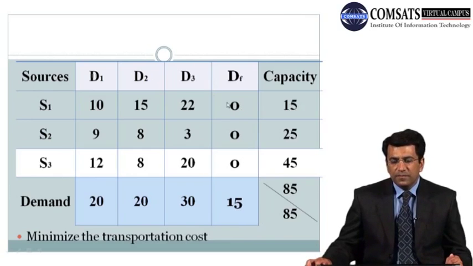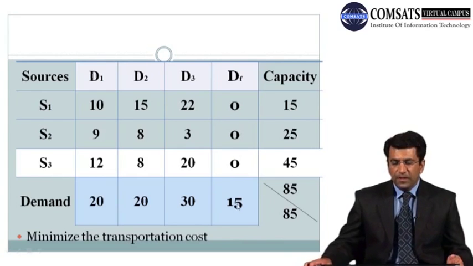Now again, because we have introduced this fictitious demand, we have put 0 as the per unit cost here. Whenever we introduce a dummy destination, of course there is no transportation cost for that dummy destination in reality. So that's why we have put per unit cost equal to 0 from each of the sources to this fictitious destination, that is DF. So that's why we put per unit cost 0 in this column. Now again class, we will use the same method first.